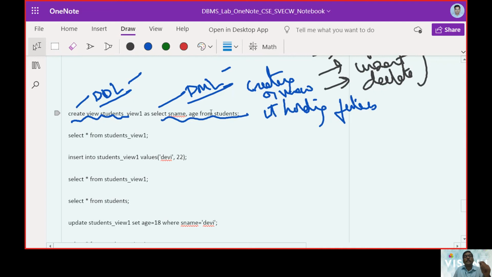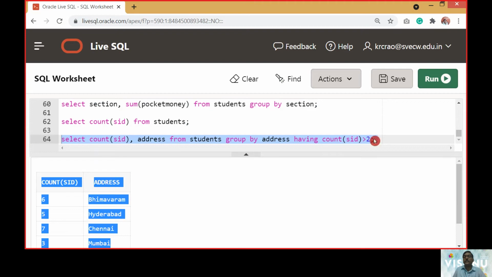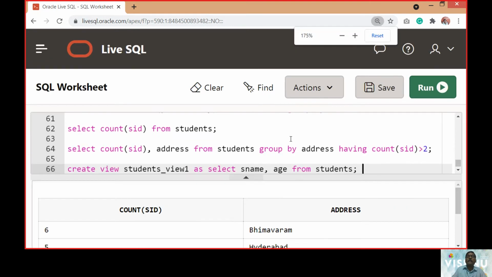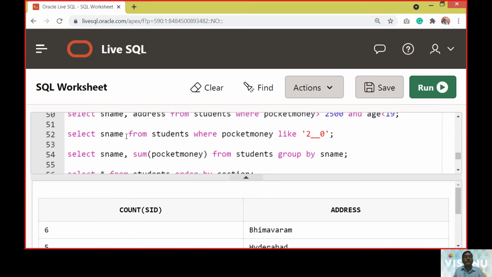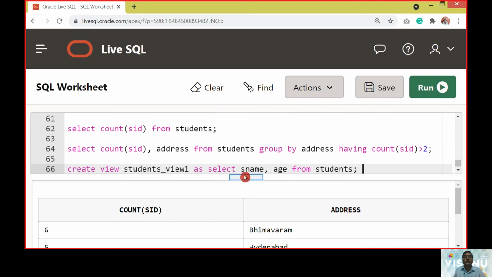Let us verify how a student view is going to be created. We will say create view student view 1, and then, instead of mentioning all the attributes, that is address, name, pocket money, etc., we will select only name and age.